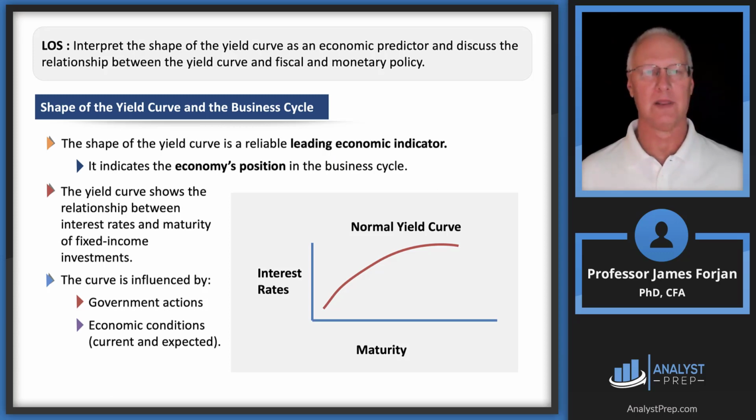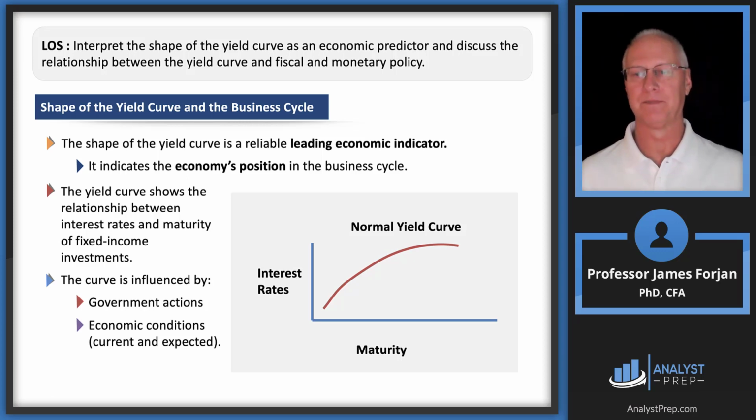Let's go ahead and relate the business cycle to the shape of the yield curve. I think I mentioned this a time or two just a little bit ago. So what do we know? The yield curve is nothing more than a picture of the relationship between the yield to maturity on the vertical axis and time to maturity on the horizontal axis. And almost always the yield curve is upward sloping for a variety of reasons. In a general sense, it's upward sloping because most investors, most bondholders believe that the economy is going to expand. So that's a normal yield curve, which is a leading economic indicator